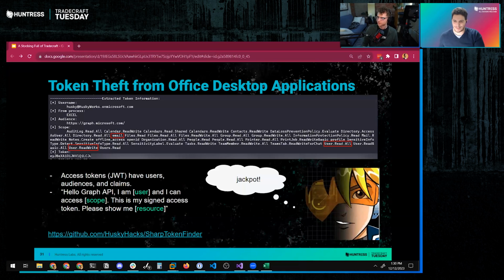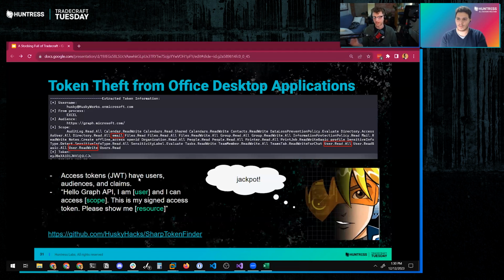It's called a JWT, a JOT, and it is a proof of identity for that particular resource. They're used a lot in web security, but in this case, in the running process memory, because Excel needs to have authentication material to push and pull things from the cloud, there is an access token living inside of the process memory.